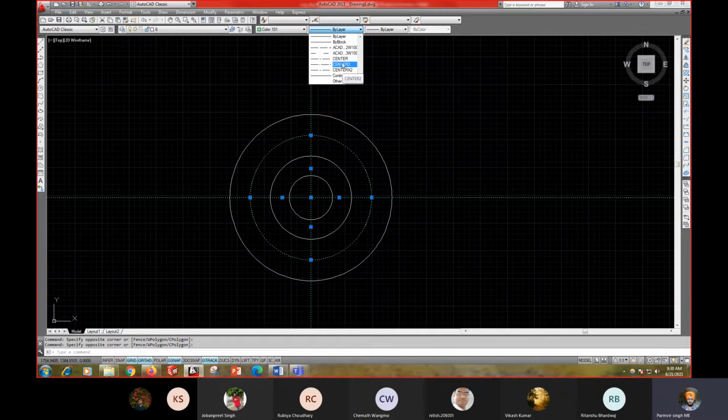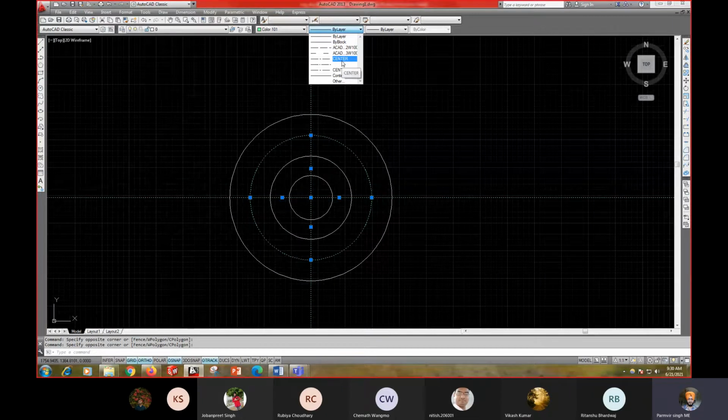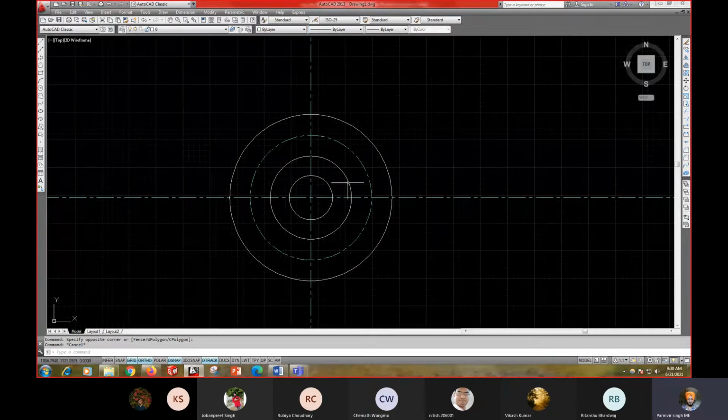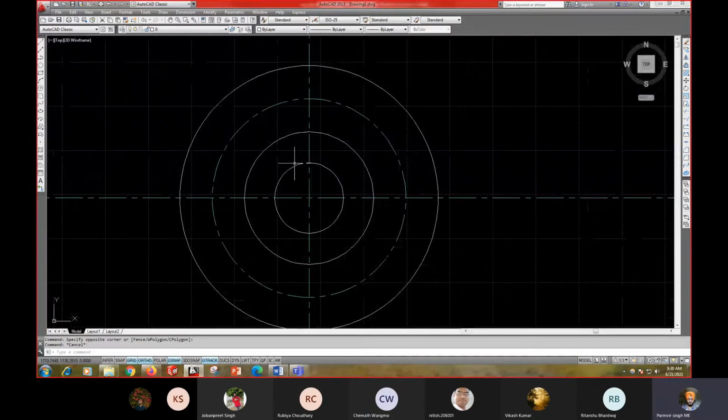Okay, so in case in some questions some examiner can put the question, or you give the option to put the center 1 or center 2, so you have to put that one. So I have to select the center 1. So now you can see this is your circle, center point, center line.